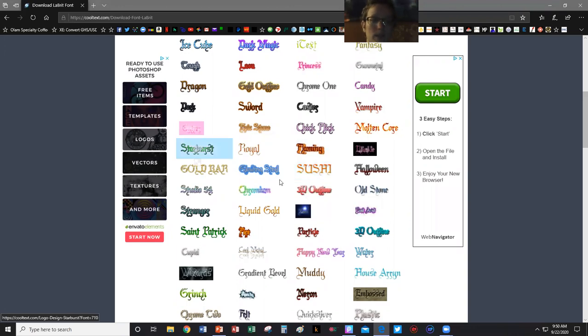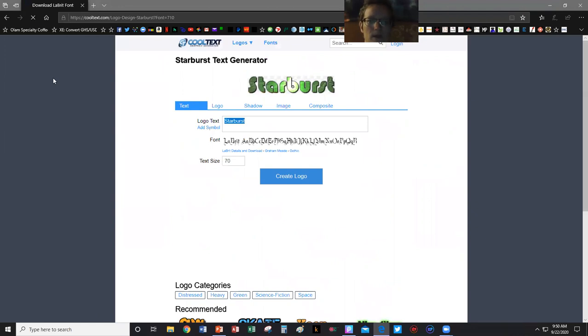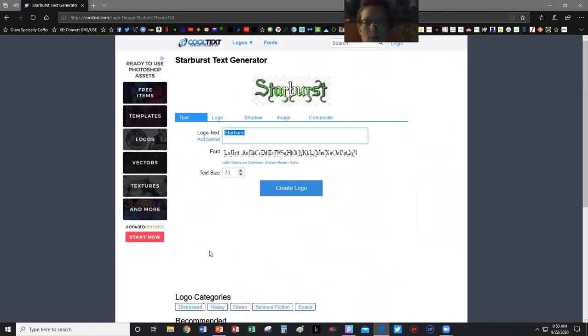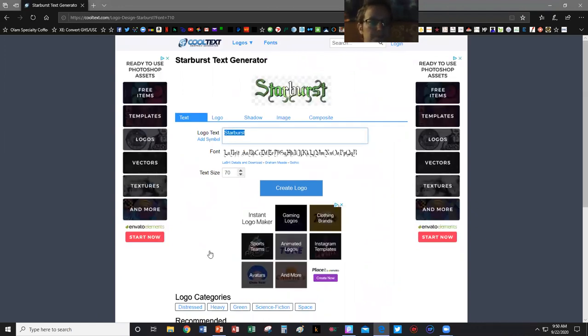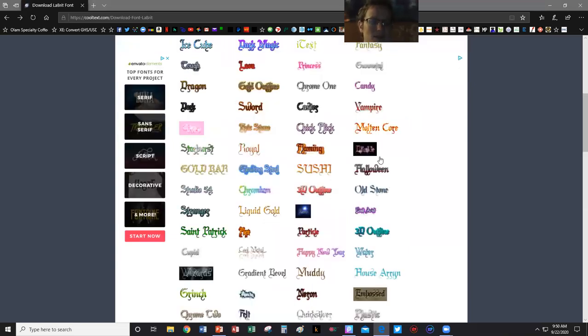So I'm going to look at this starburst here. Is this going to help it stand out, or is this going to be a bigger issue? I think that's going to cause bigger issues. I like that it's green, but because I've got white spots on there, it's not going to show up very well.